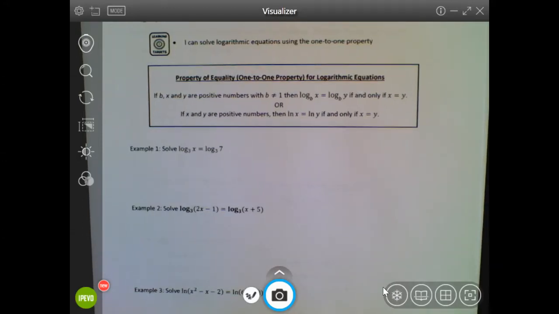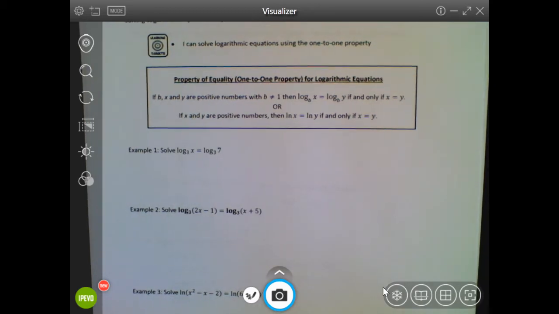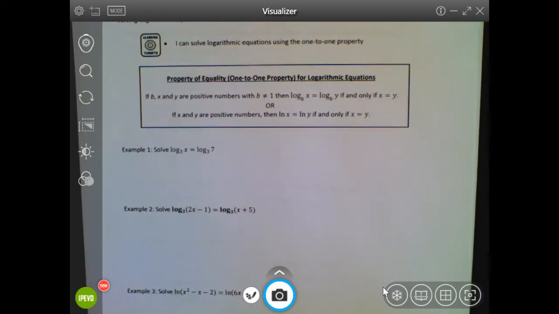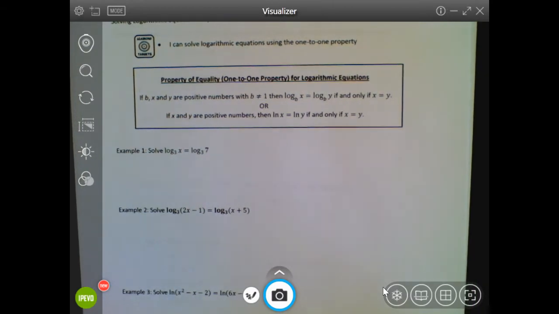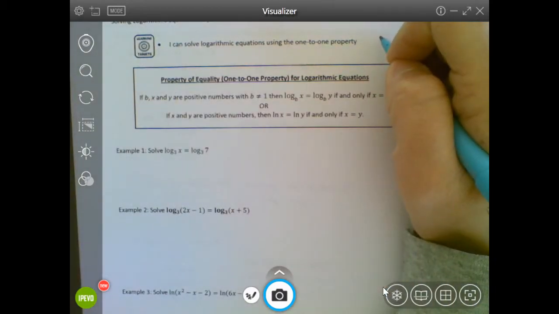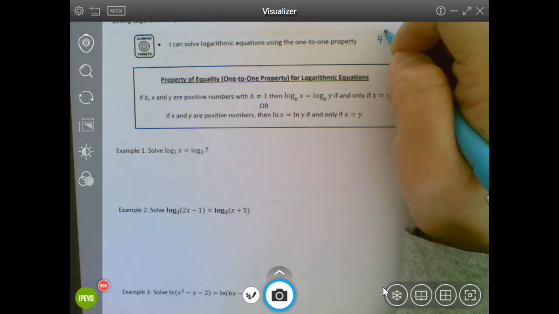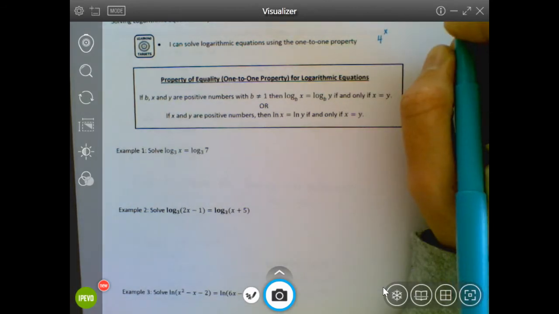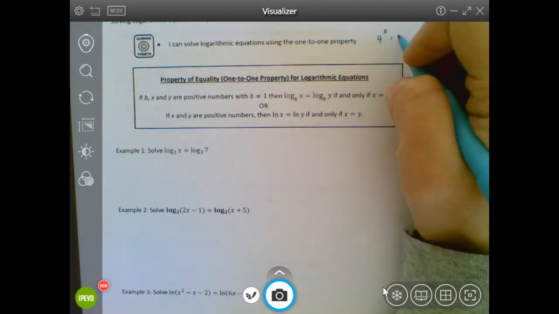Today we're going to be talking about solving logarithmic equations using the one-to-one property. Last week when we were talking about exponential equations, there was also a one-to-one property that basically said if you had some base, I'll use 4. So if I had 4 raised to the exponent of x, and on the other side of the equation I